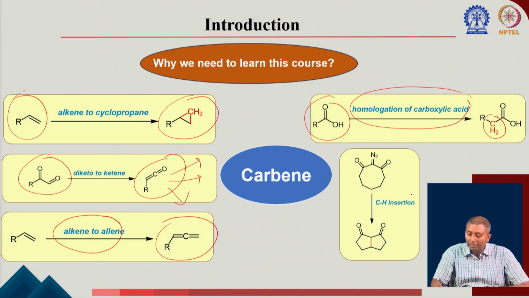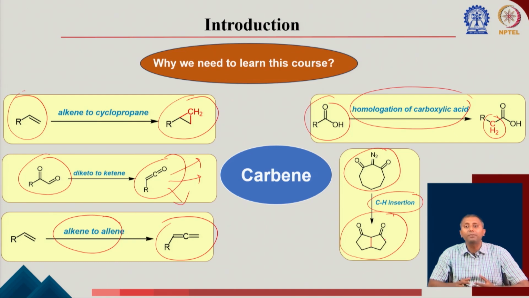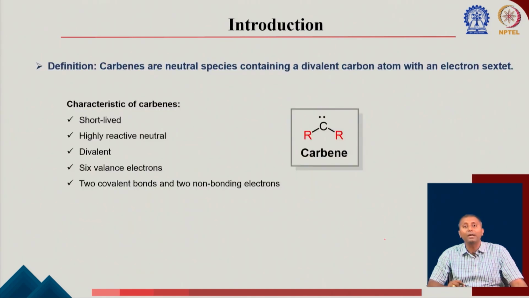Then there is a reaction called C-H insertion. So, you can see from this diazo compound you can form some sort of a fused 5-membered ring. These are the different types of reactions you can only do if you learn about carbene and its reactivity. So, if you try to define carbene, it is a divalent species,